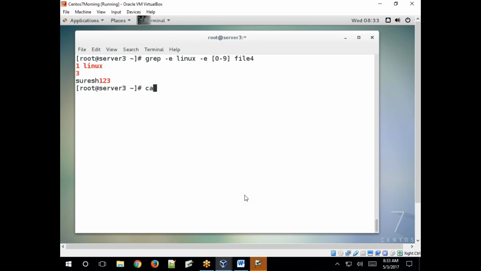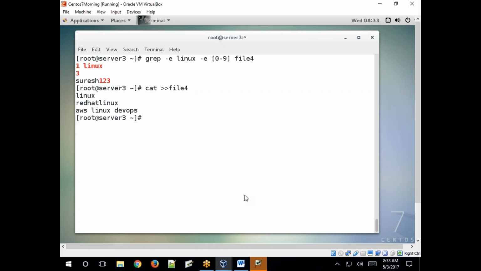Or you can also add a few more lines to that file, file 4: Linux, DevOps, like this.